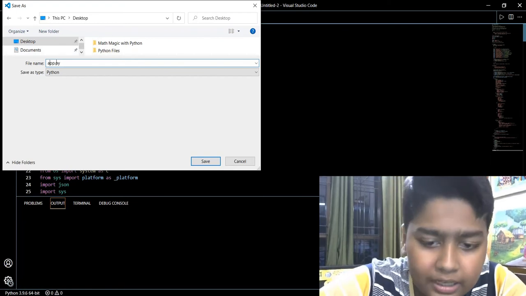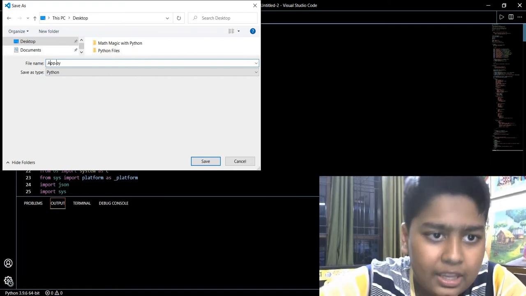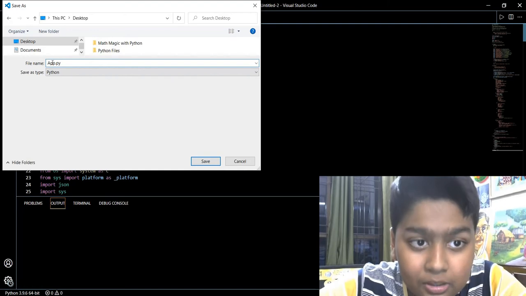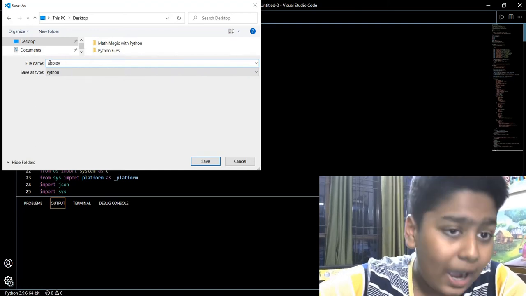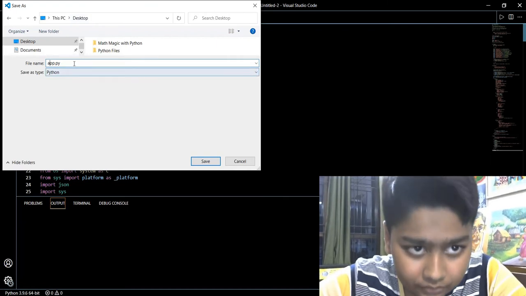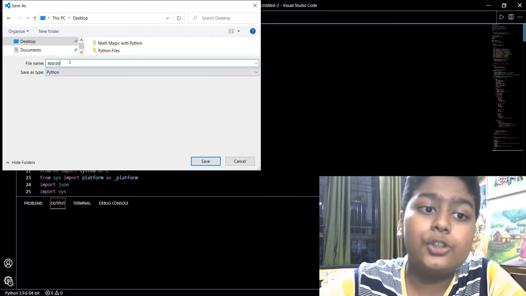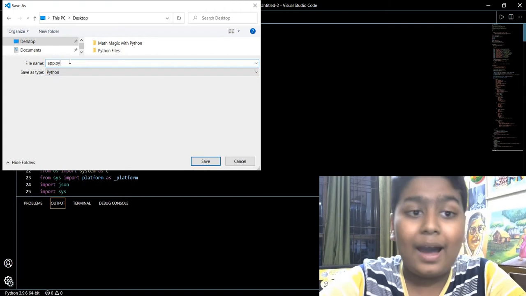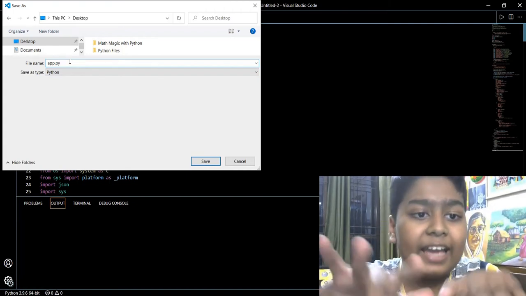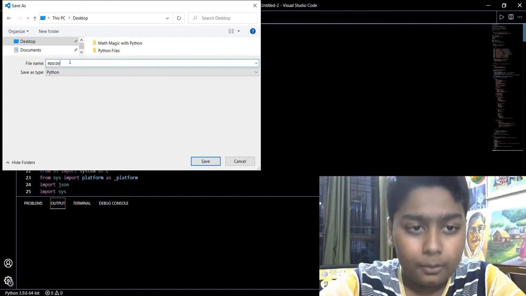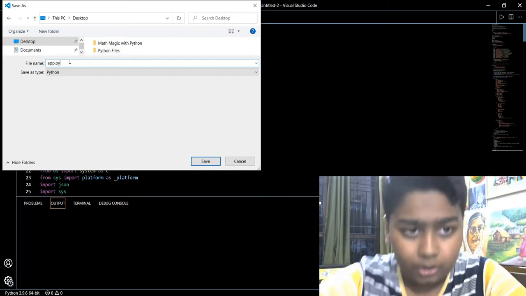Let's say you wrote it like this, app, with a capital A, so you have to remember it this way. Why, you will understand soon. Remember, friends, to write app.py because .py is the extension of Python.